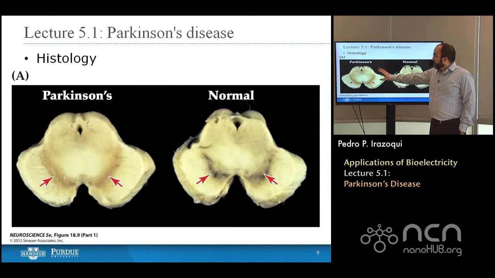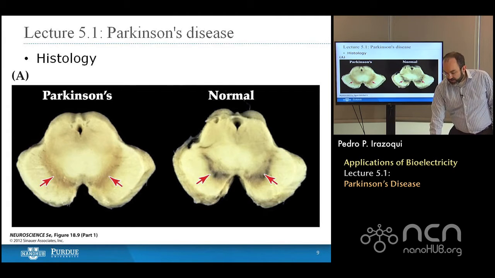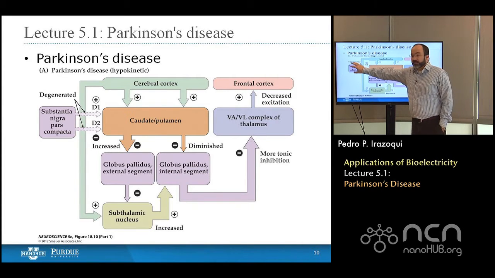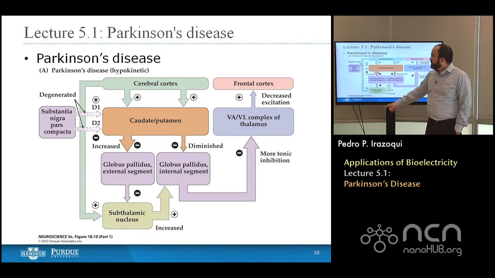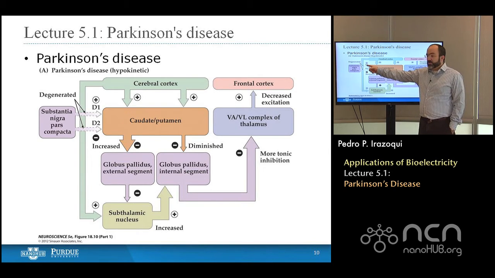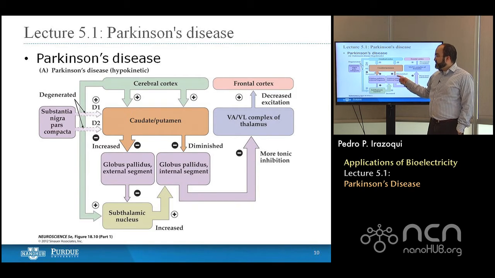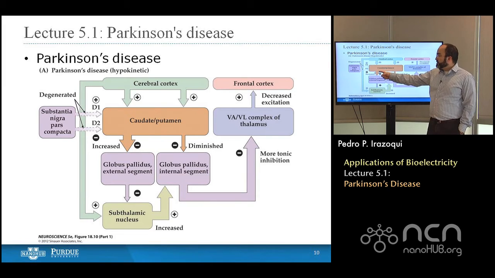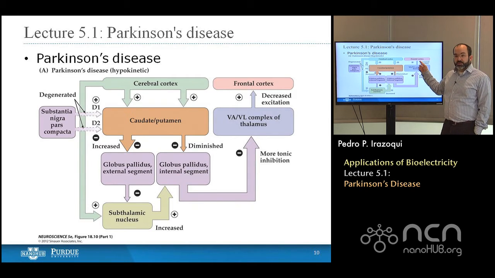But outside of that, you have a lower population of those neurons, and that affects the cortical circuit in two important ways. By decreasing the amount of dopaminergic projections out of the substantia nigra, you decrease both the excitatory inputs to the caudate putamen direct pathway and the inhibitory inputs to the caudate putamen indirect pathway. So let's go through these one by one and see what the net effect is on the frontal cortex.